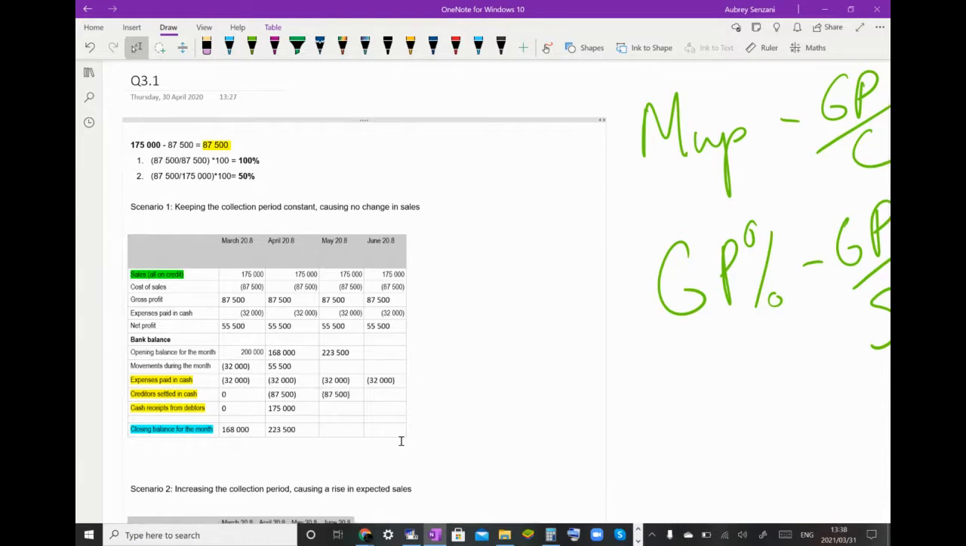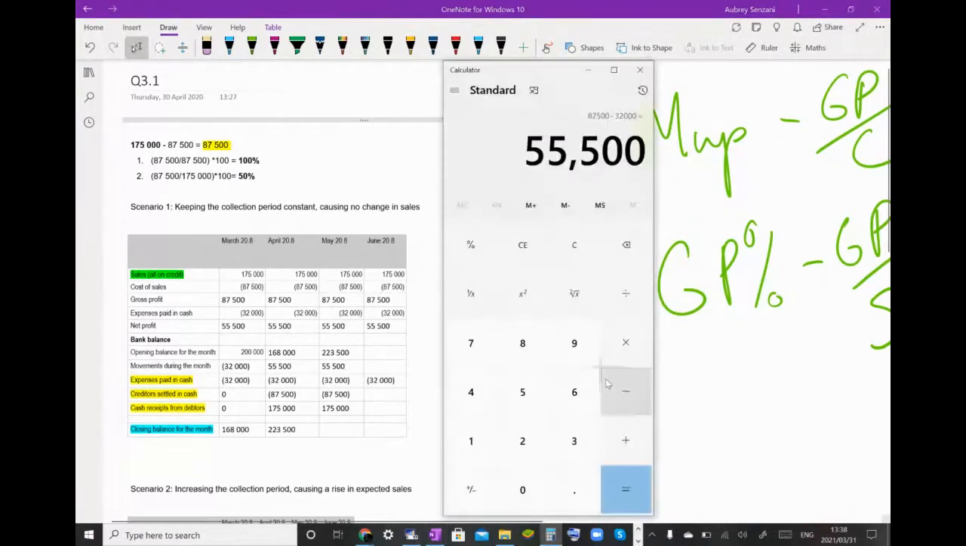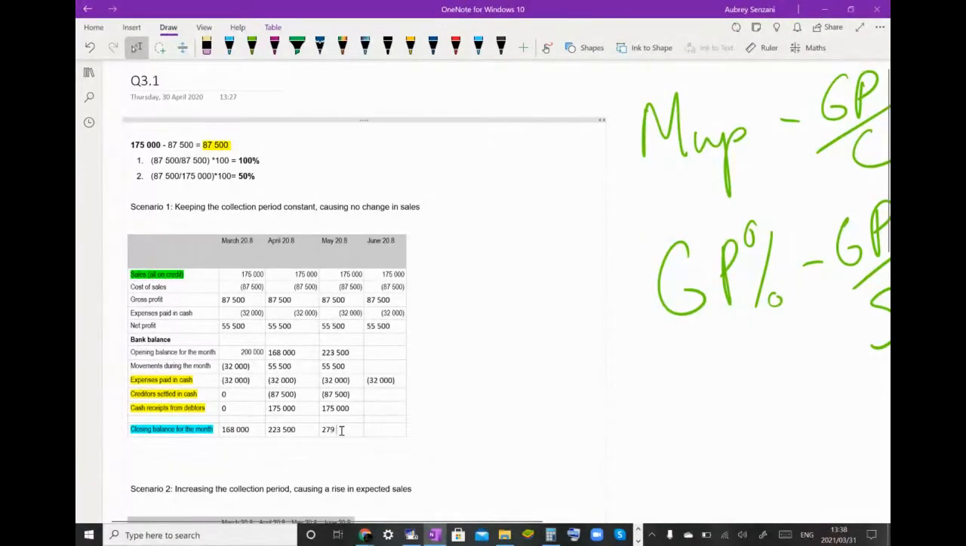So now we take that and we're gonna say 87,500, brackets. How much did we sell? We sold the same amount, 175,000. So then our movement is also going to be the same, 55,500. But this time plus the 223, sorry, 223,500. So let's add that up. And we get 279,000. We're going to get the same exact numbers because here we got the same exact cost of sales,